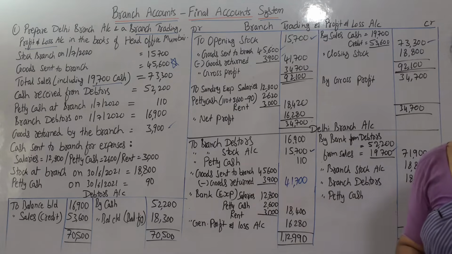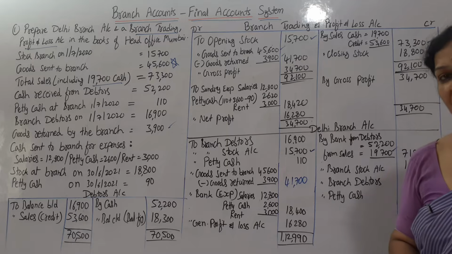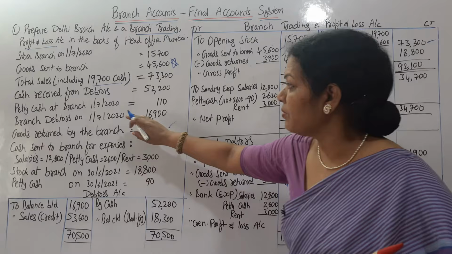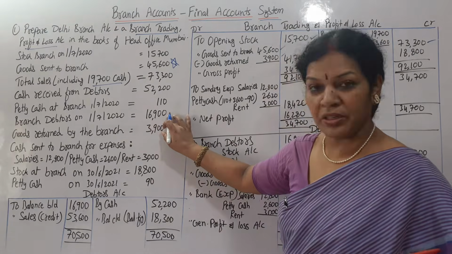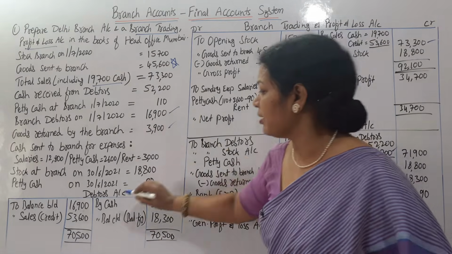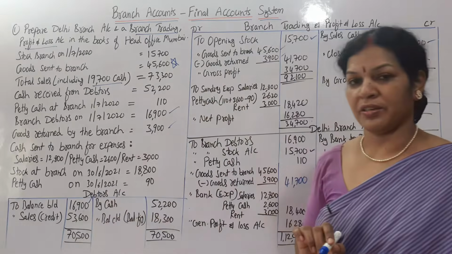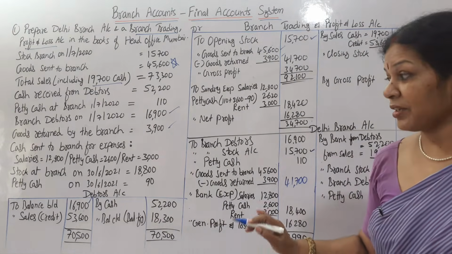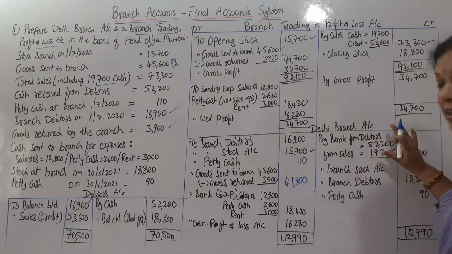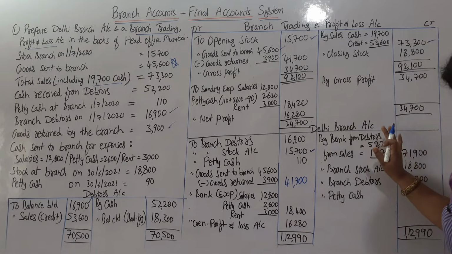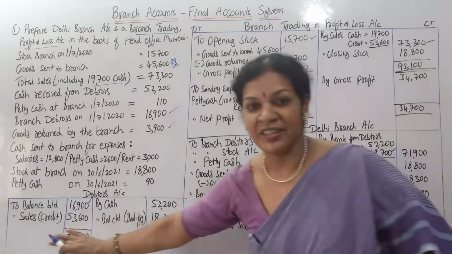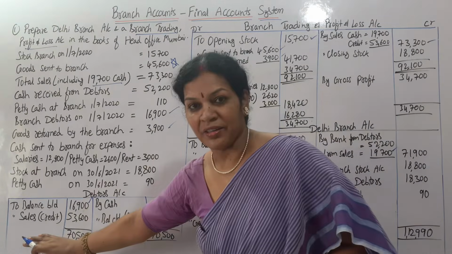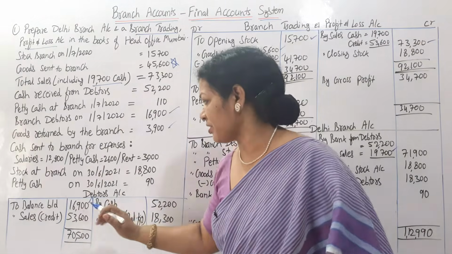Also we have opened the debtors account. In the debtors account, what have we done? The opening balance is given to us. Where is it? It is here, 16,900. 16,900 opening balance I have written here. In the same way, we have cash sales, sorry, credit sales. Cash sales we have written in the branch account. Cash sales go to the branch account, credit sales to the debtors account. Cash sales on the credit side, and credit sales on the debit side of the debtors account. So here,